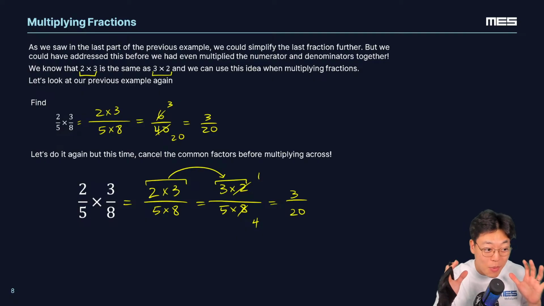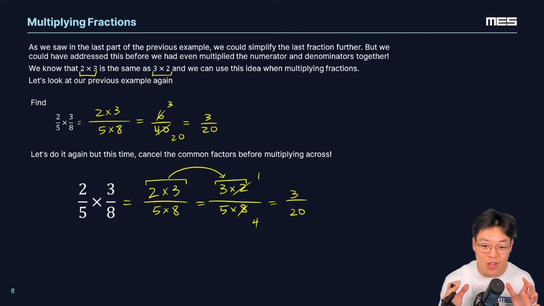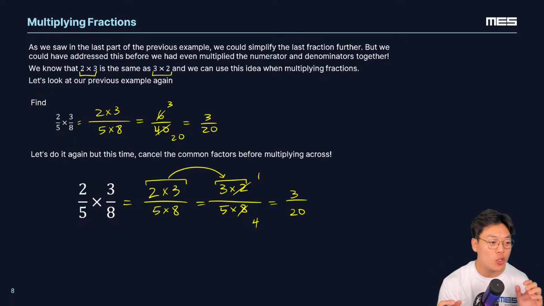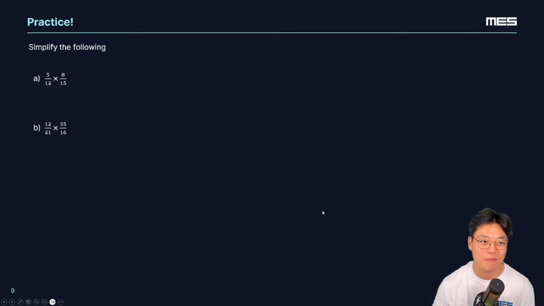And now, why is this useful? Right now, we're using smaller numbers. But later, when the numbers get much larger, this will become so useful so that the numbers we're multiplying don't get too big. And we're going to see some examples of that right now.